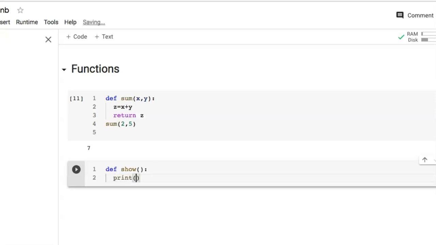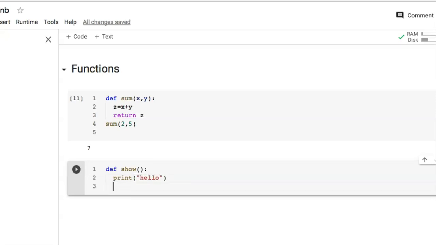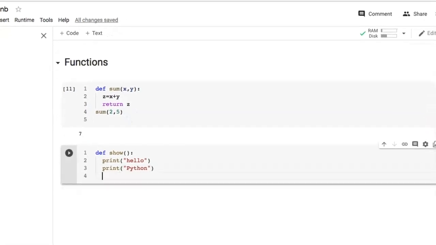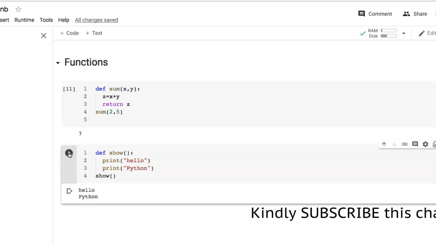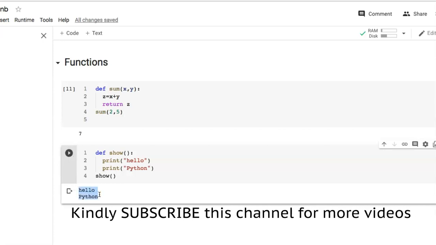First one will print hello, and second one will print Python. Then call this function by using its name, show, and let's run this. We'll get the output hello Python.